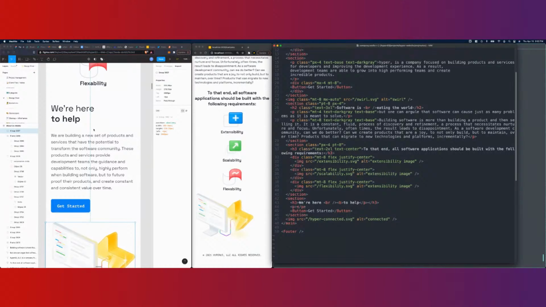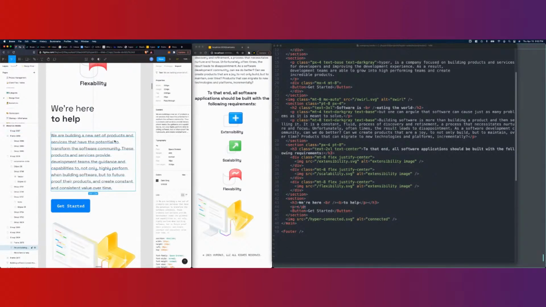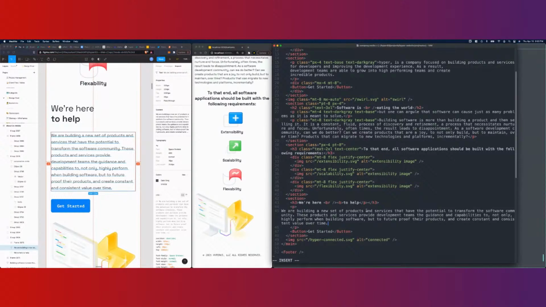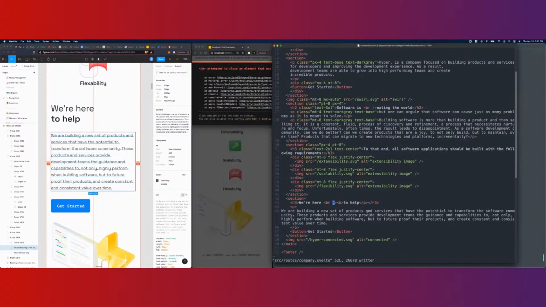Okay, and then the paragraph, we'll just copy this content. Okay, and then what we want to do is just adjust our heading 3 and all that. Attempted to close an element